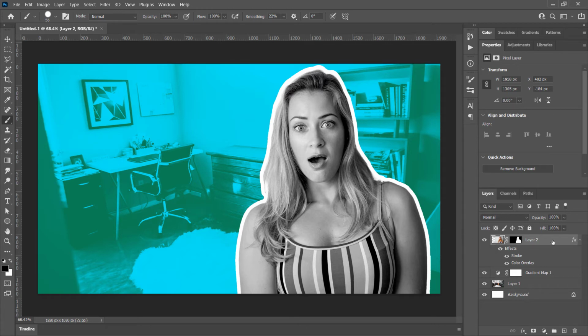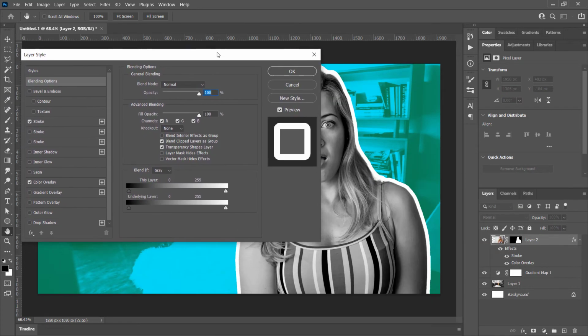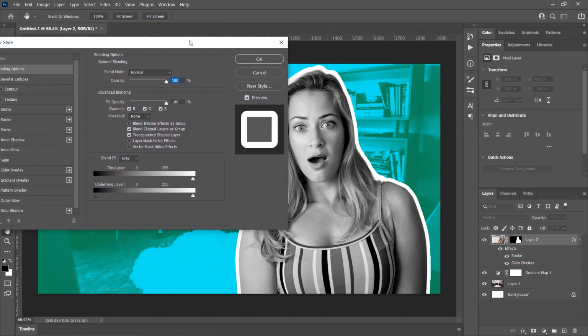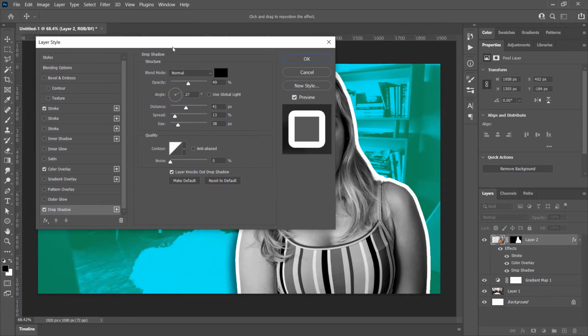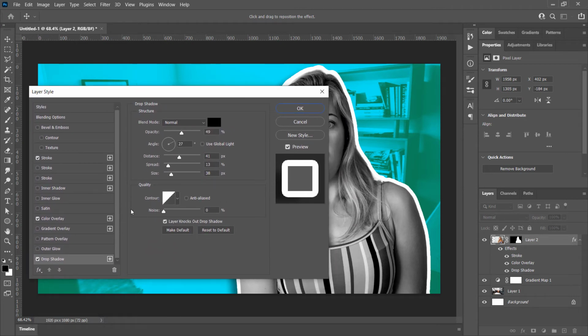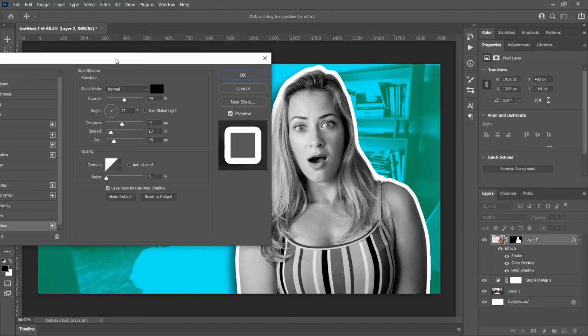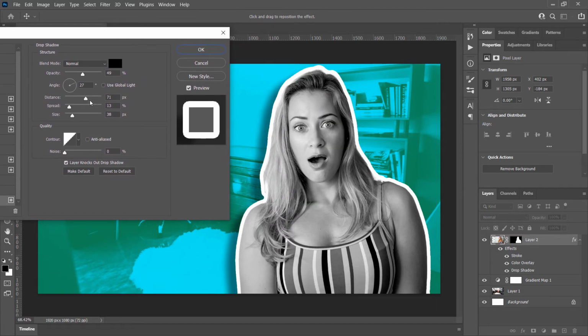And going back into blending mode, double clicking here, we don't actually have to exit and re-enter like I have a bunch of times. I'm going to go down to drop shadow, turn that on, and you can see I've got a bit of a drop shadow showing on the right there. But if I click on drop shadow, I can adjust a few things. I can't really show you the whole lot, but if I move that over here, I can change the distance. I can add some noise or remove some noise, but I can change the angle a bit if I want to. I'm going to move it around the other side, change the distance,